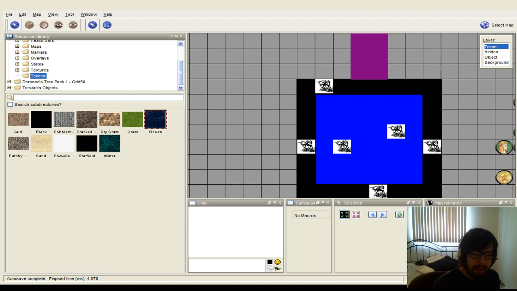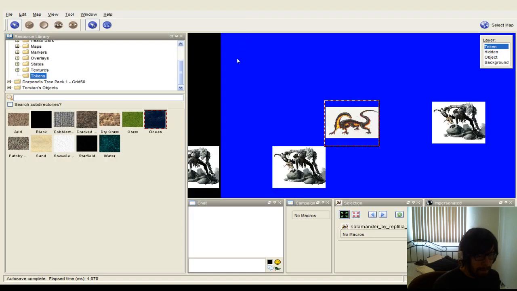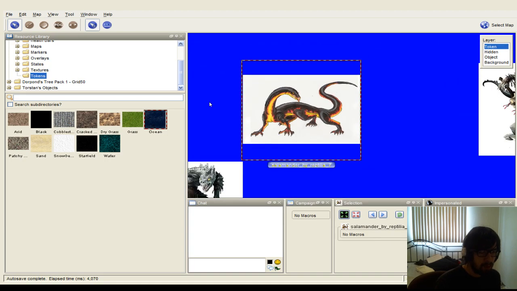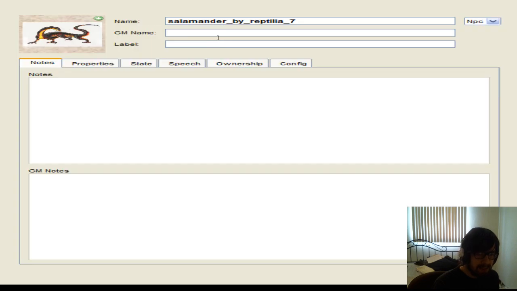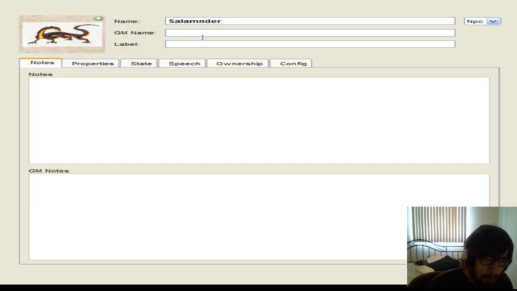And ultimately, the actual image isn't terribly important, but there's a degree of wanting to communicate what this creature does to the players. If you have a picture of a creature breathing fire, it should probably breathe fire, as opposed to breathing ice or whatever. So in this case, I'm going to make use of this image because I think what the troglodytes are going to make use of the salamander for, if I can spell salamander,